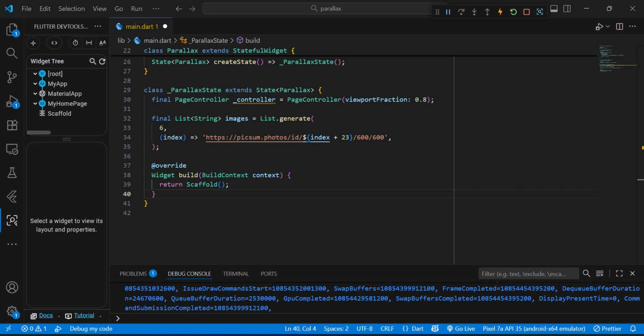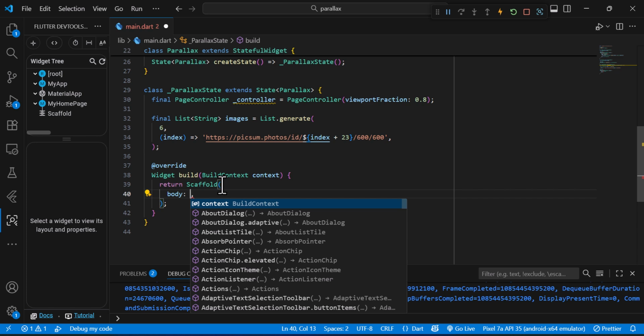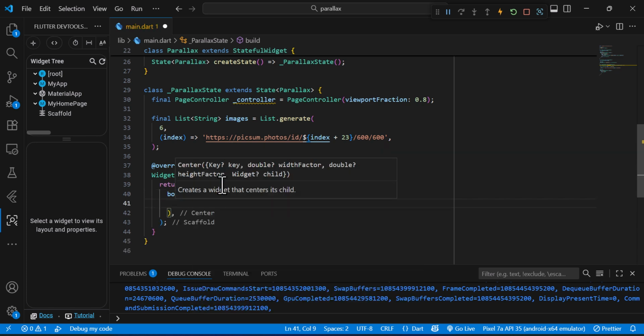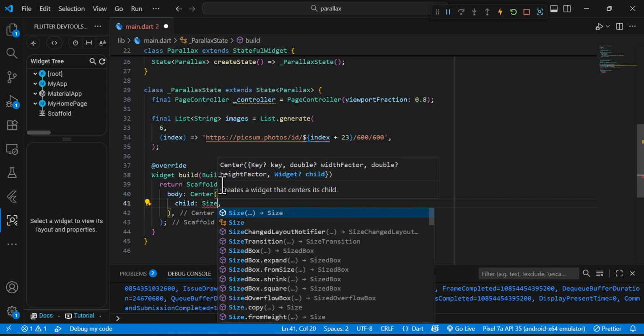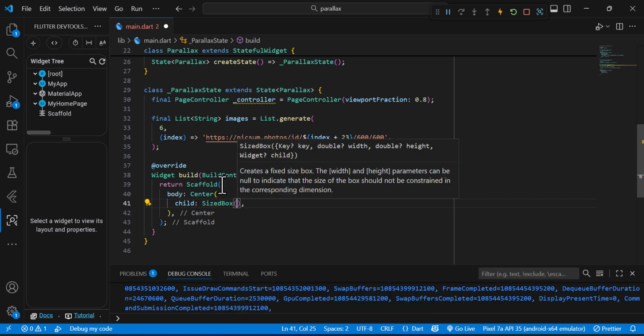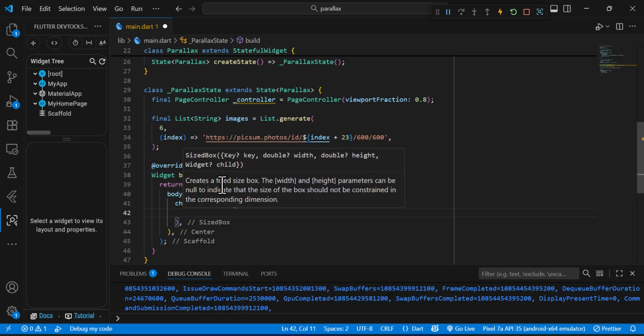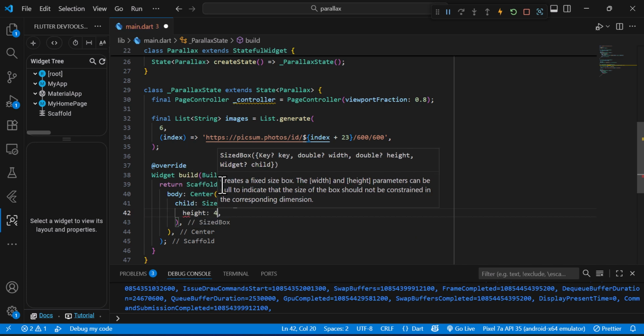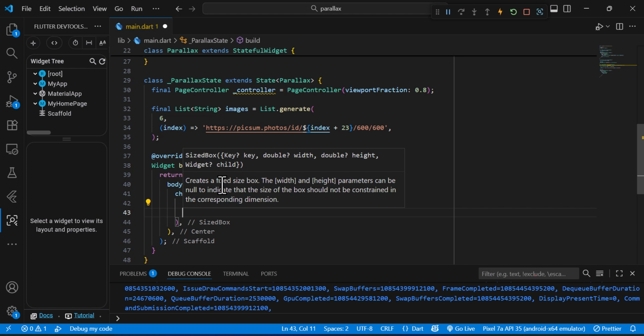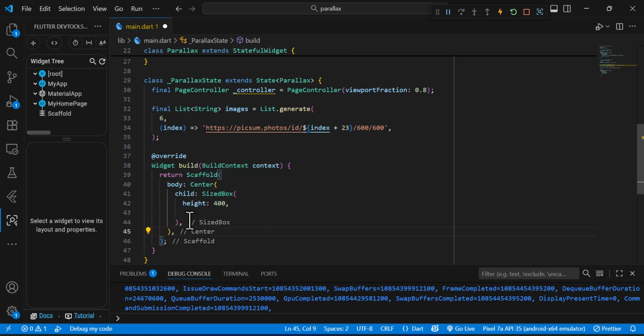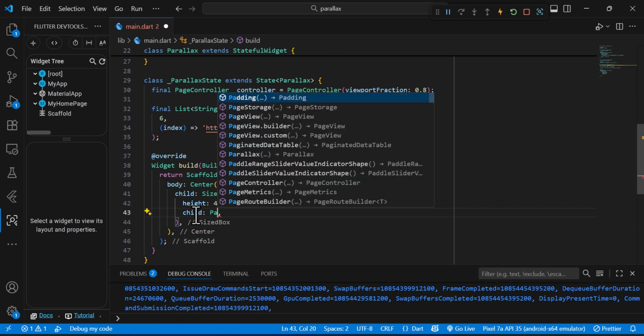Next in the scaffold, what we want to do is to create the widget. Let's start by calling the body. The body of the scaffold is going to carry a center widget. Now this center widget, the child will be a SizedBox. Now the SizedBox, we are going to use a height of 400. You can actually use any height you want based on your customization. Then the child of the SizedBox is going to be a PageView